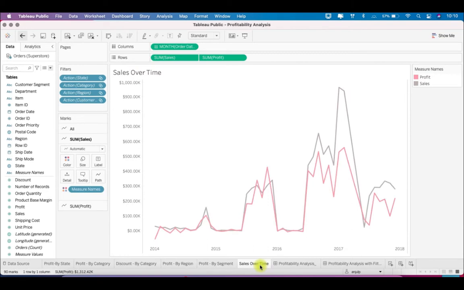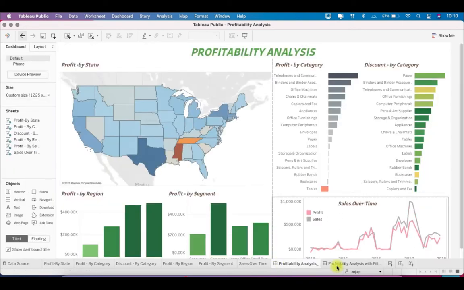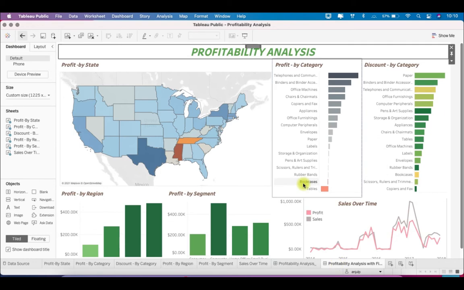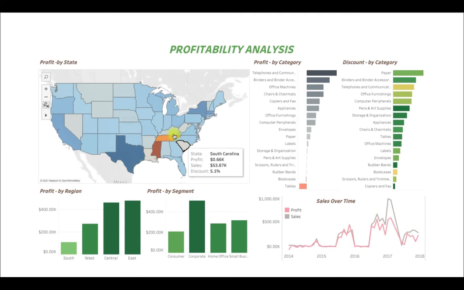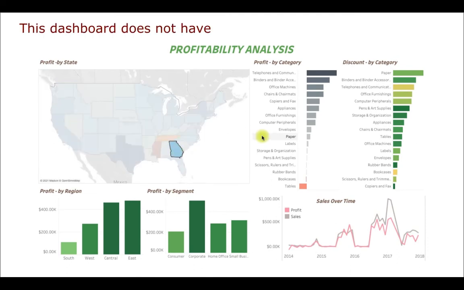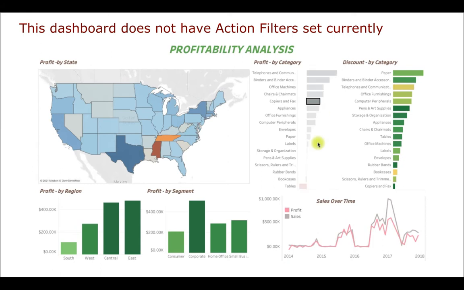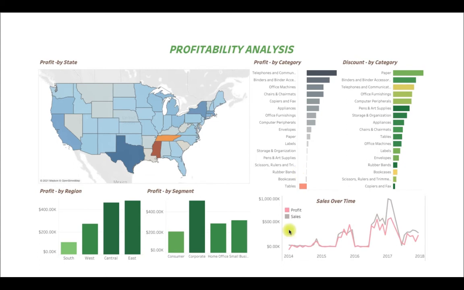And then this is the sales over time. So this is the sales as well as profit also over here. So what's happening over these years to both sales and profit. Okay, so coming here, this one I have built basically using the action filter. So I'll show you the power of action filters. Before that, let me come here and you see, if I click here anywhere, nothing happens in this dashboard, right? Nothing happens. So basically we have not used the action filters in this dashboard.